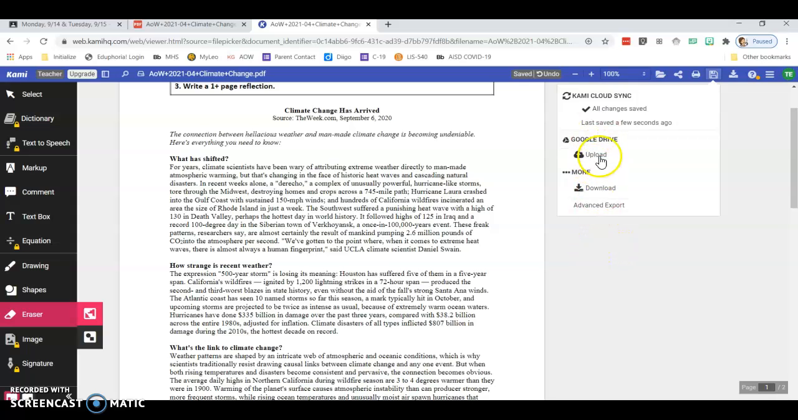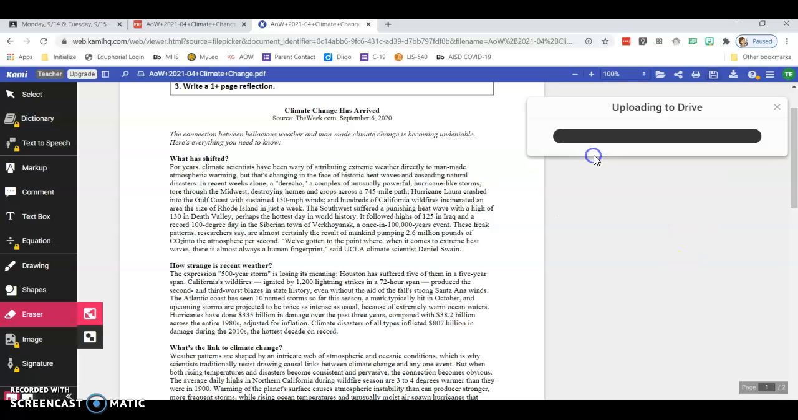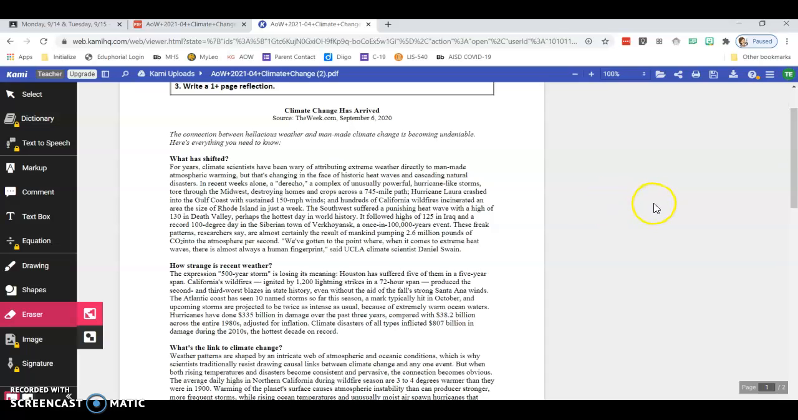You can upload directly to your Google Drive through here, and you may also sometimes see at the top a Save to Google Drive option. It just depends on how you've logged in. If you have clicked on the link directly from Google Classroom, you'll have that option to save it directly to your drive. Otherwise, you'll probably want to use this Google Drive upload button, and it will just save it directly